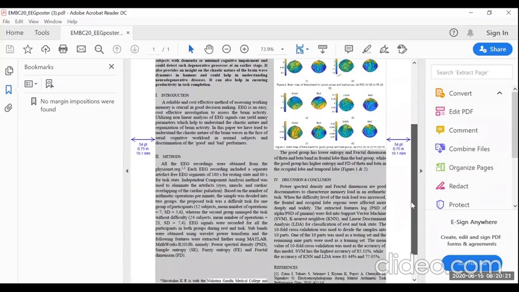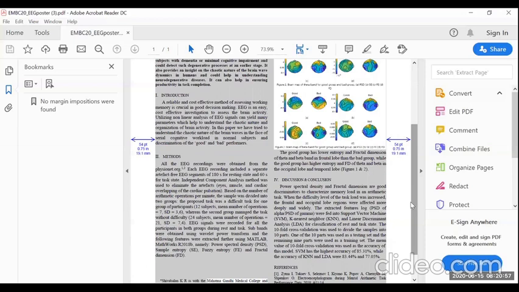All the EEG recordings were obtained from physionet.org, and each EEG recording includes separate artifact-free EEG segments of around 180 seconds for resting state and 60 seconds for the task state. Independent component analysis was used to eliminate the artifacts, and based on the number of arithmetic operations per minute, the sample was divided into two groups. The proposed task was difficult for one group of participants, whereas the second group managed the task without difficulty. EEG signals were recorded in both groups during rest and task state, and subgroups were finally obtained using